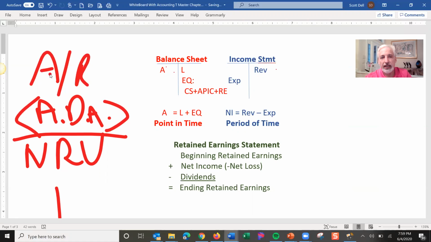Maybe on average, we collect 96% of our receivables. That means on average, 4% we're never going to see. So at the end of the month when we're recording this, we record 4% and make sure our allowance for doubtful accounts equals that 4% amount. And then we'll adjust bad debt expense. If we have any adjustments during the month, we clear the receivable and debit the allowance for doubtful accounts, or if we receive money, we debit the cash and credit the allowance for doubtful accounts. And then at the end of the month, we recalculate what our allowance should be